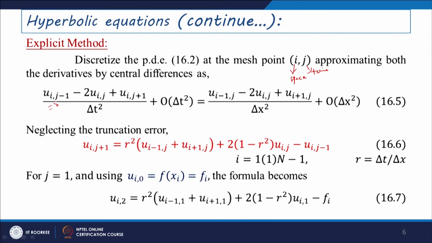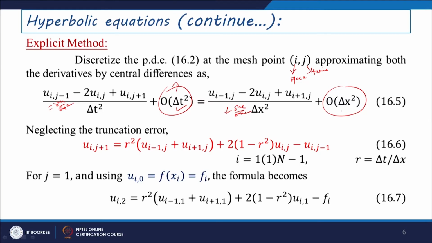So, this is nothing but your ∂²u/∂t² term, and this is nothing but your ∂²u/∂x² term. Both of these give us a second degree approximated value, a second degree error estimate. If we neglect the higher powers of Δt² and Δx², we obtain this series expansion in this form. So, if we neglect this truncation error term, that is the order of Δt² and order of Δx², then we can obtain this partial differential equation